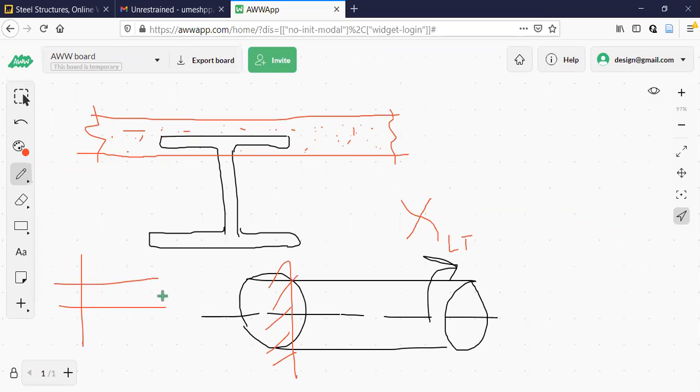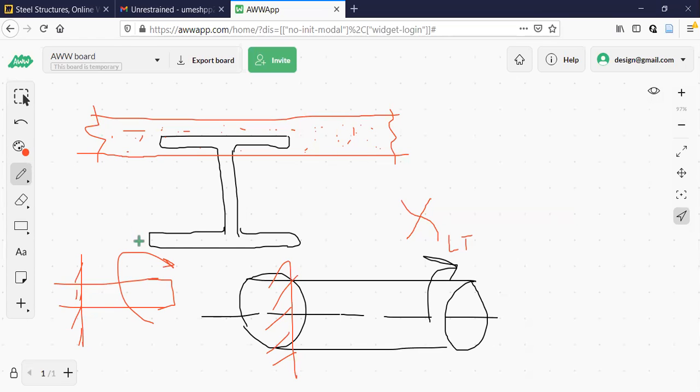This is a circular member. It is fixed here. Now you rotate it. Other end is fixed end. It is preventing the twisting moment. So this is nothing but twisting. I'm trying to twist the member. Other end is not allowing that. Then I can say the member is subjected to torsion.